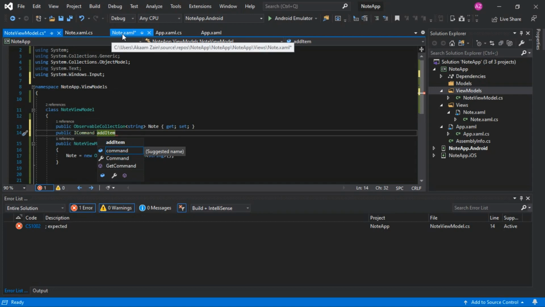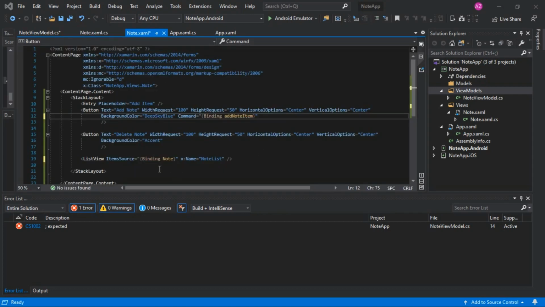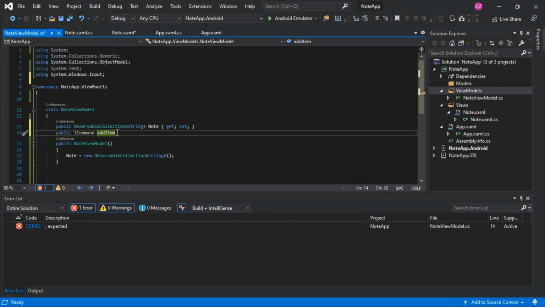I believe that's the name that I gave. Where is it? Oh, yeah, add note item actually. Add note item,